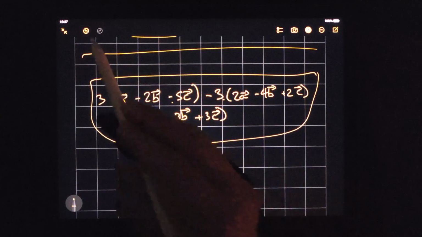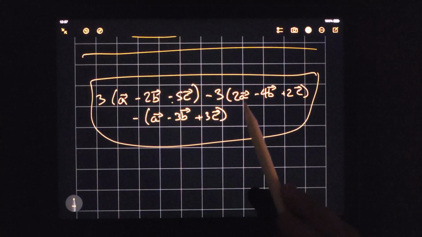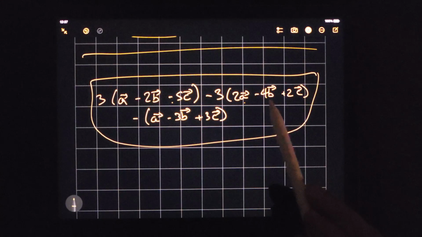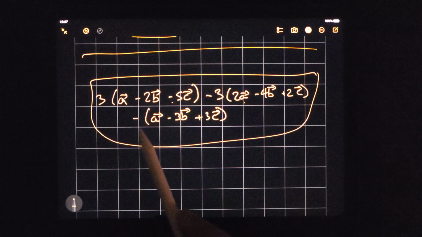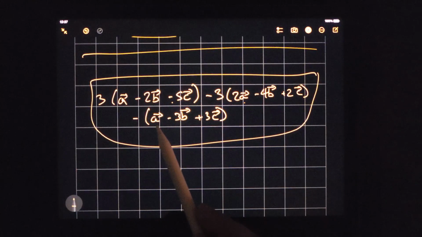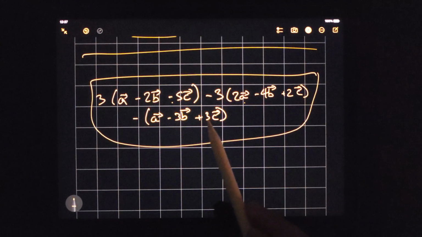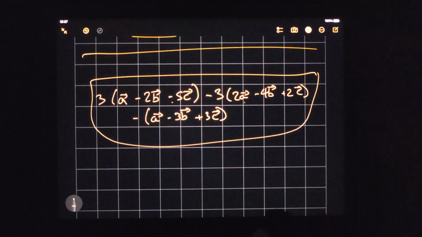Minus 3 times 2a minus 4b plus 2c minus a minus 3b plus 3c. So that will conclude today's